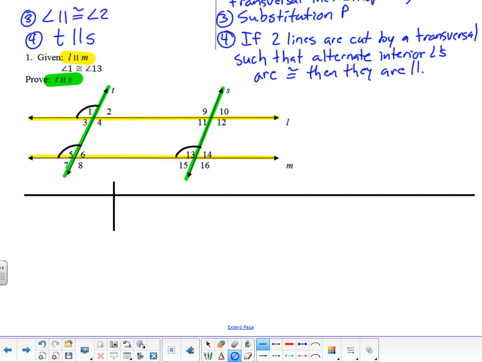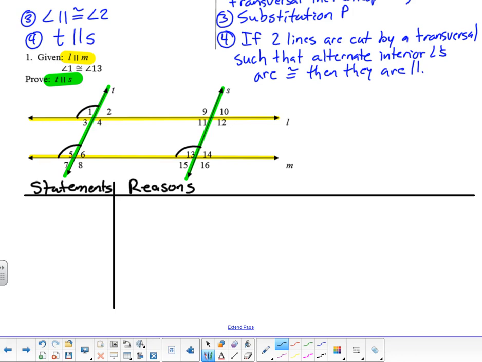Again, I know in this type of proof the statements are going to be a lot shorter than the reasons, so I'm just going to offset this a little bit so we can fit it on our paper. All right, so let's start off with our givens. L is parallel to M. Angle 1 is congruent to angle 13. Okay, that's given. All right, and now I can say because L is parallel to M,